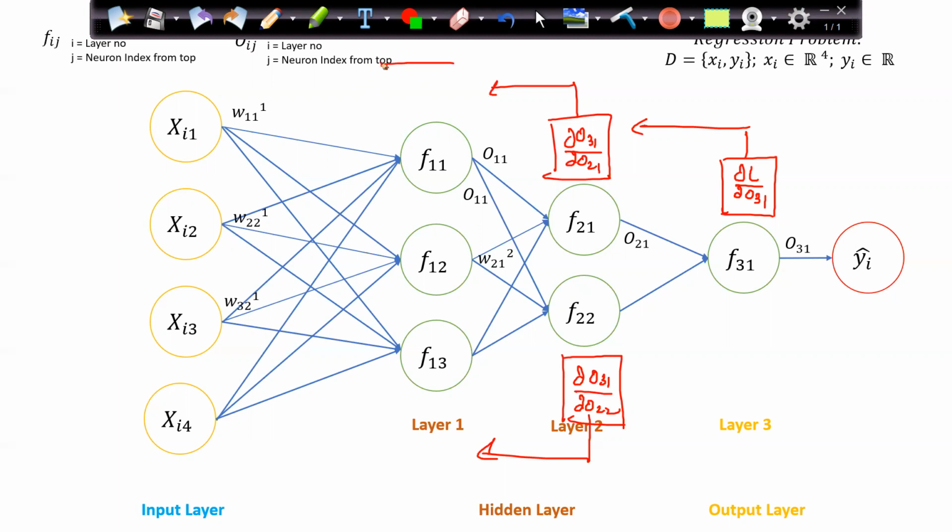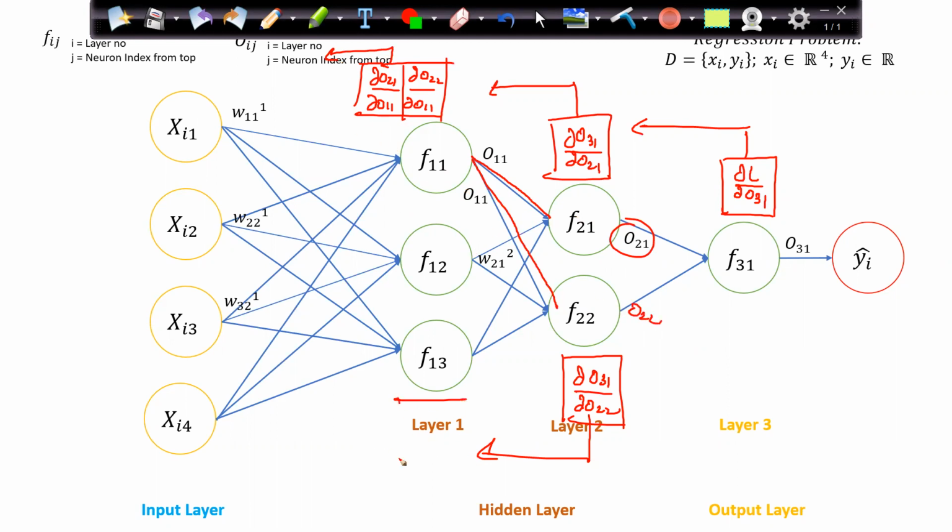If I come here, I can store in fact two derivatives now. The first derivative will be ∂21 by ∂11. Second is ∂22 by ∂11, right? I can reuse it in the previous layers because this is how it is updating, right? This is impacting this output, and this is impacting this output O22. So that is what we are using.